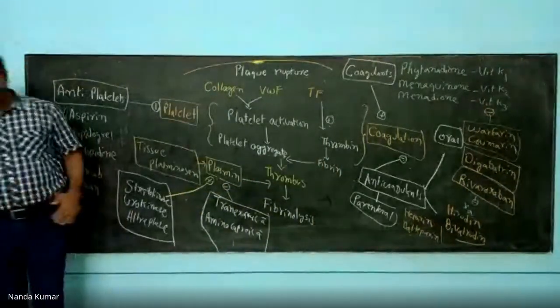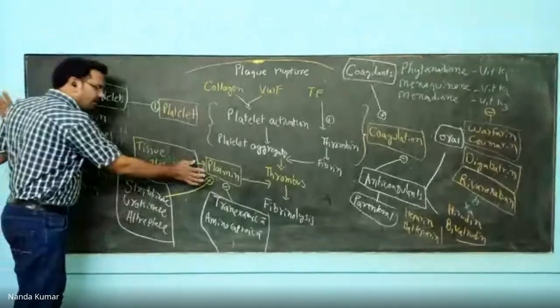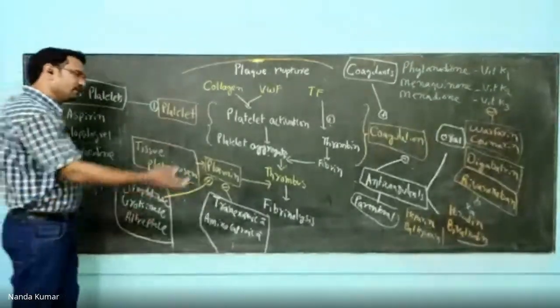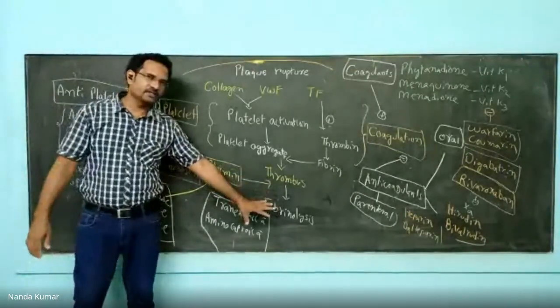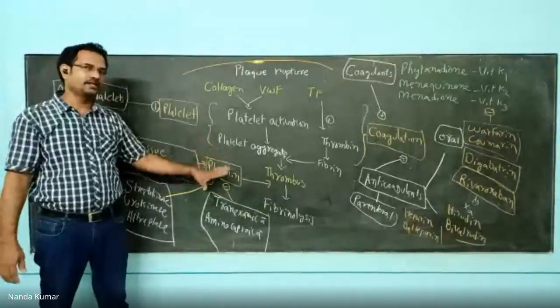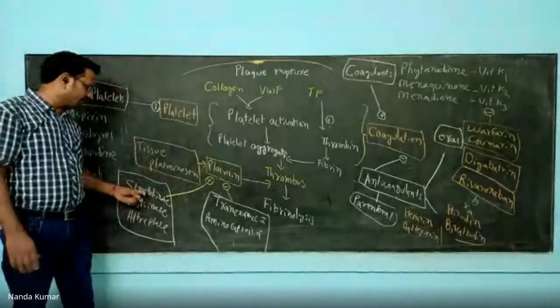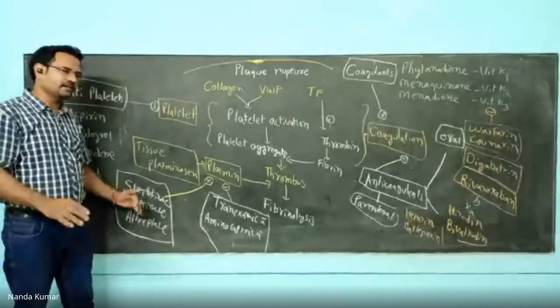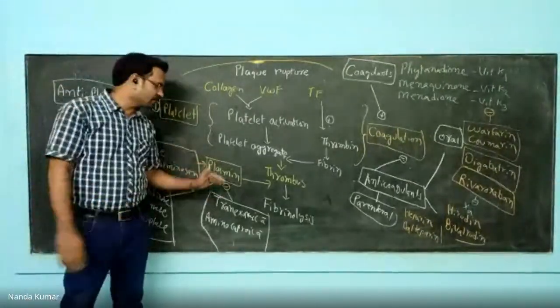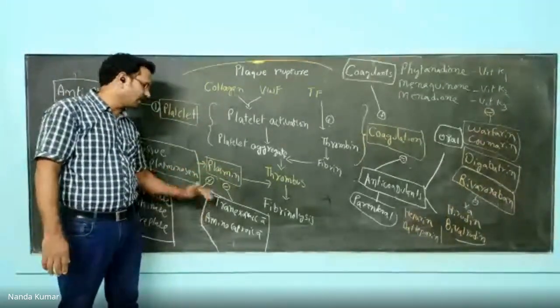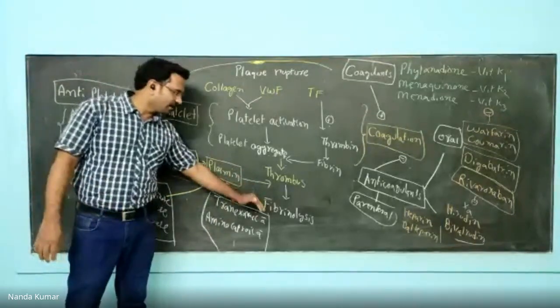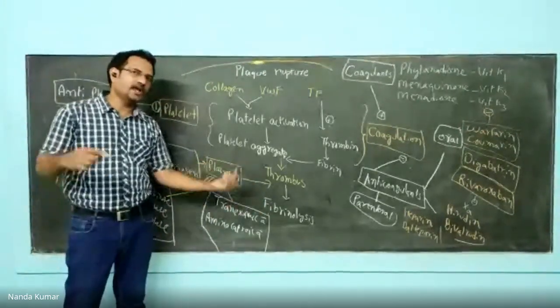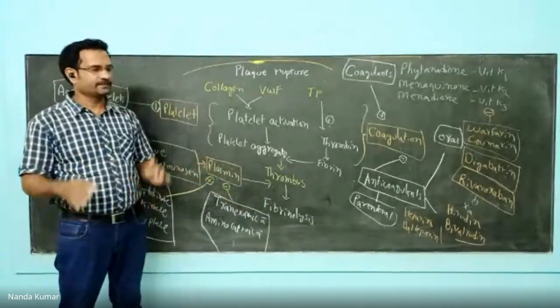There are certain agents which will activate plasmin. The other agents will inactivate plasmin. When you activate plasmin, it causes fibrinolysis, so they are known as fibrinolytic agents. Examples are streptokinase, urokinase, alteplase, and reteplase. Now, there are agents which will inhibit plasmin activation. They are known as tranexamic acid and aminocaproic acid. Because they are inhibiting fibrinolysis, they are known as anti-fibrinolytic agents.